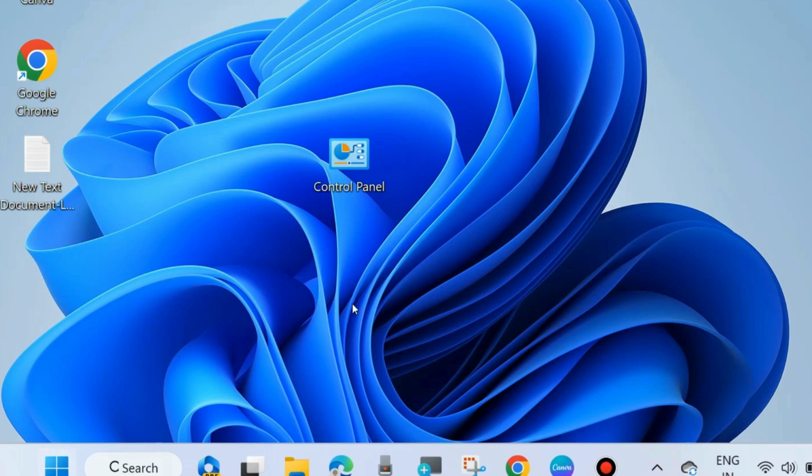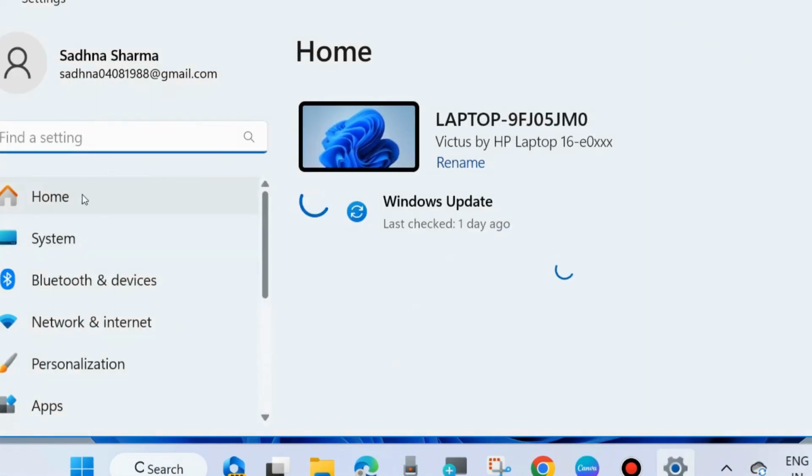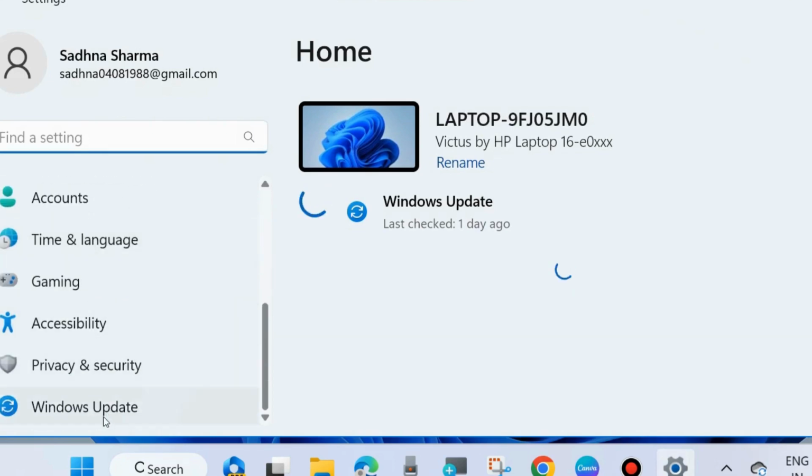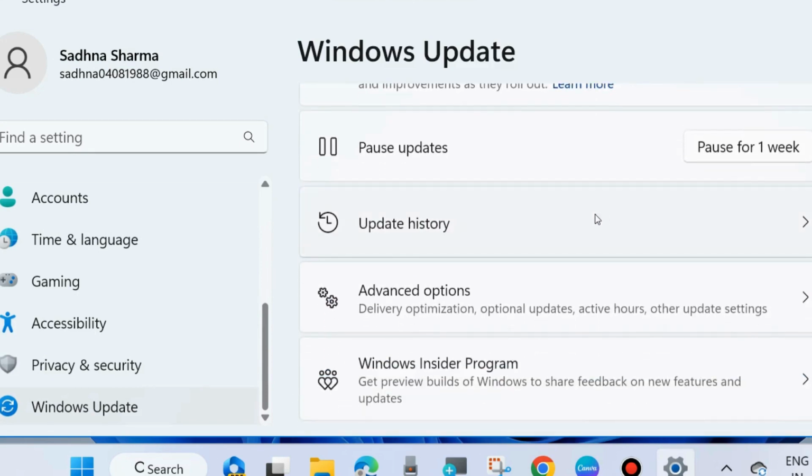The next method to minimize the data usage consumption in your system, again go to Windows settings. Right click on your start button and choose Windows settings, and here from the left side go to Windows Update. Automatic Windows Update may consume more data, so pause updates for 1 week option, click on it